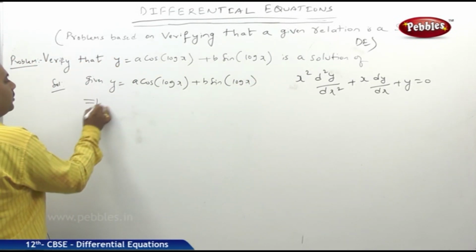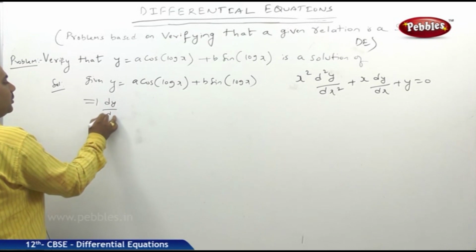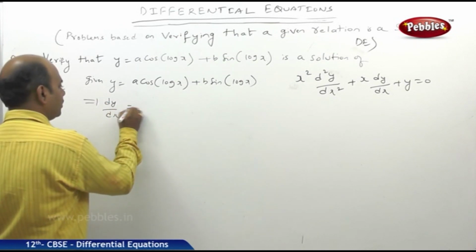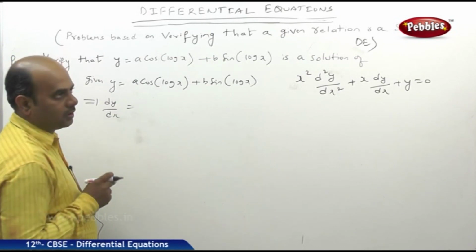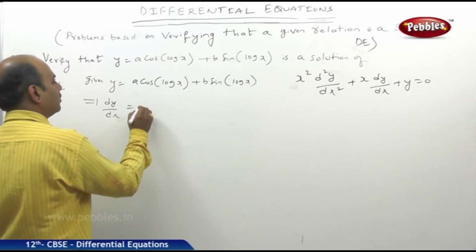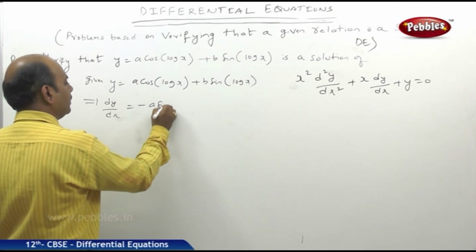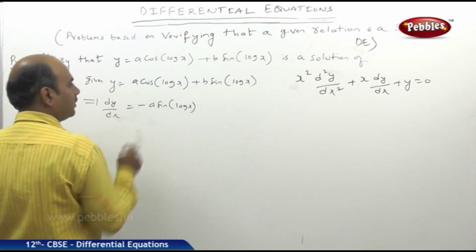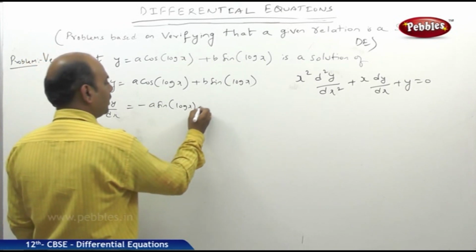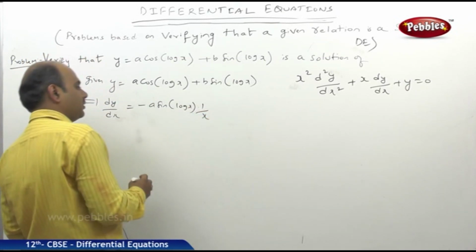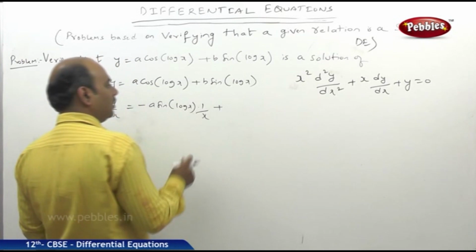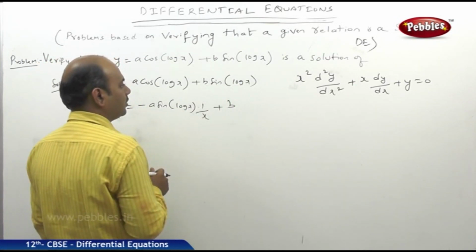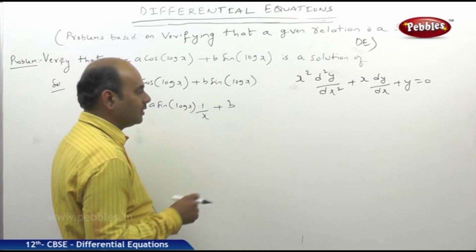Now I will be finding the derivative. dy by dx is equal to minus a sin of log x, and it is a function of a function, so the derivative of log x, 1 by x, plus b into sin of log x, which looks like sin x,